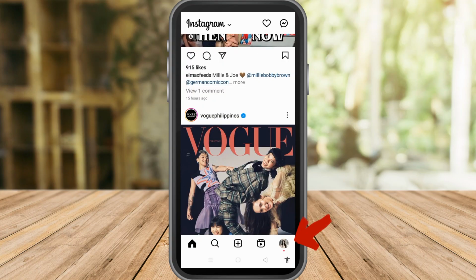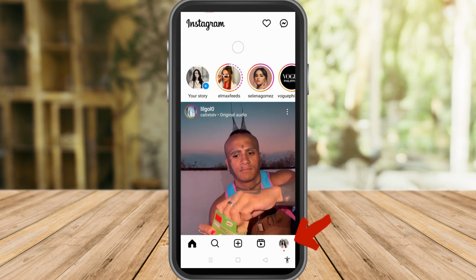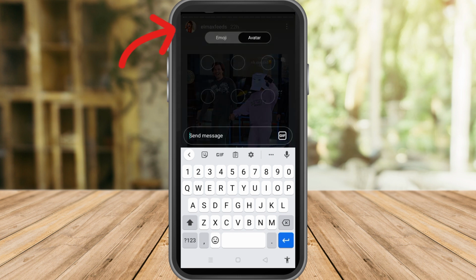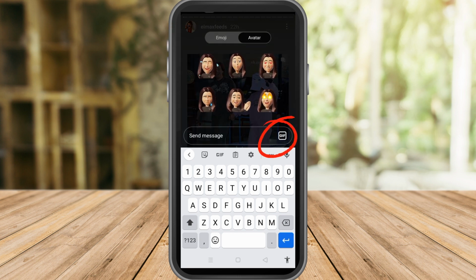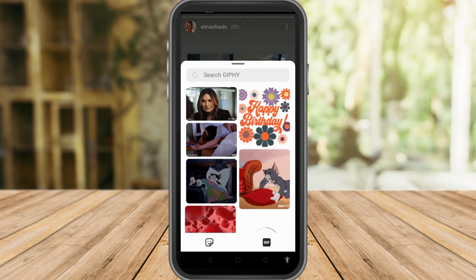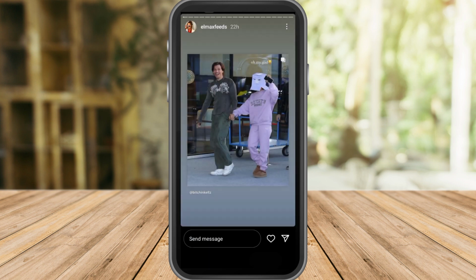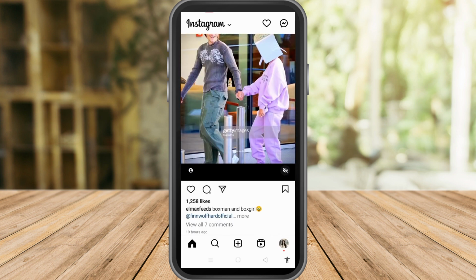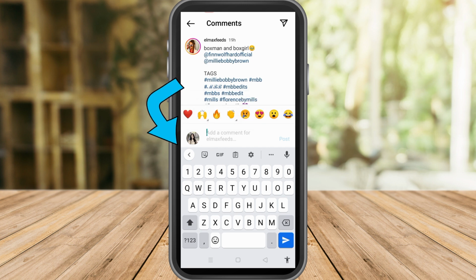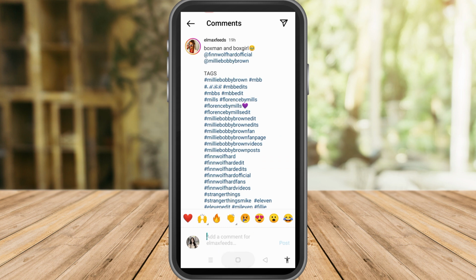First, you need to launch your Instagram account, and when you go to your profile, or let's just say go to a story here, if I'm going to tap this send message, I can see a gif here on the right side. So that means if you're going to send a message on a story, then probably gifs are available. But when you go to the comment section and try to comment a GIF, unfortunately, you cannot see that